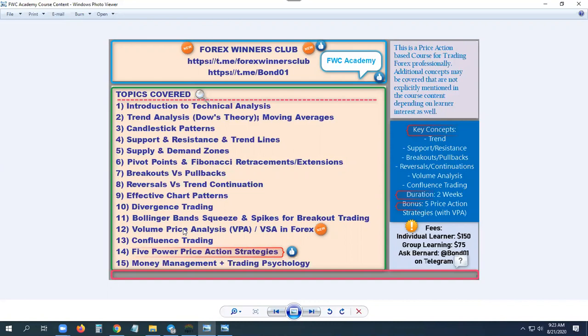So I think we can stop at this point. We have taken close to 2 hours, which is good. I think we'll finish the course earlier because now we are spending more time each day. So I believe tomorrow, God willing, that's Monday, we talk about divergence trading, Bollinger Band squeeze and spike. That's a trading technique. Then later on, we talk about the strategies for 2 days, money management, and we close. So we have like 4 more days or 3 more days, depending on how fast we move.